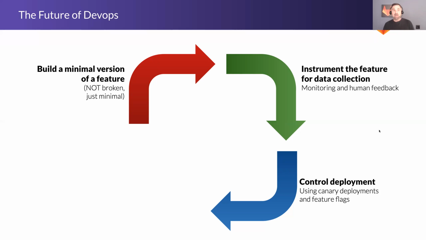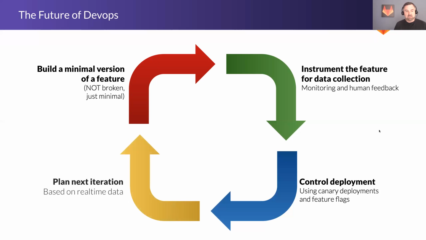You also want to be able to mix and match because you've got a many-headed beast. You've got lots of different feature teams, each working on different modules. Maybe some users get the new feature over here and some users get the new feature over here and some get both and some get none. And you can see how those interact and you can analyze that data. The fourth step is to plan your next iteration based on